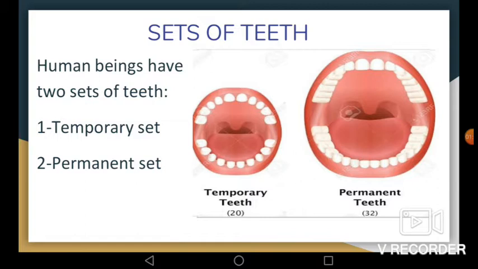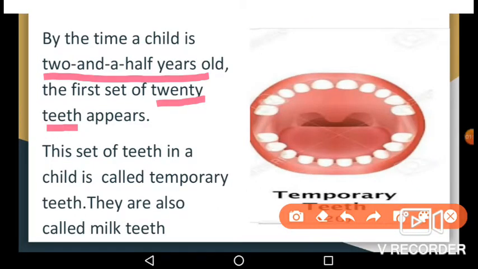We have all gone through a phase during our childhood. Do you remember? Where we would lose a tooth and a new one would already be ready below it. As humans, we have two sets of teeth, temporary teeth and permanent teeth. The first set is called milk teeth, primary teeth or baby teeth, and they start erupting when we are 6 months old. And the next set of teeth is called permanent teeth.